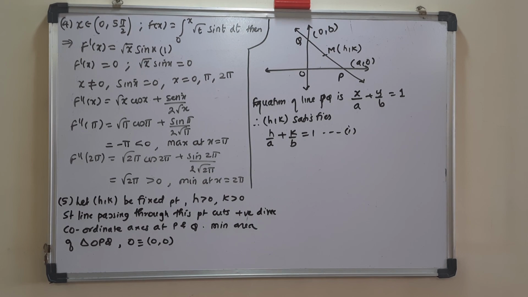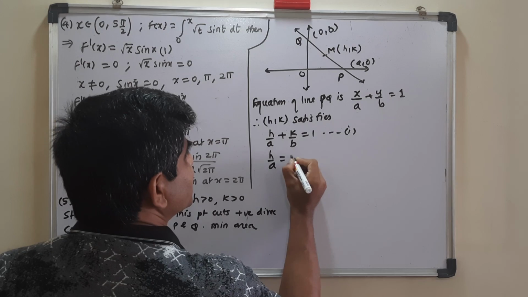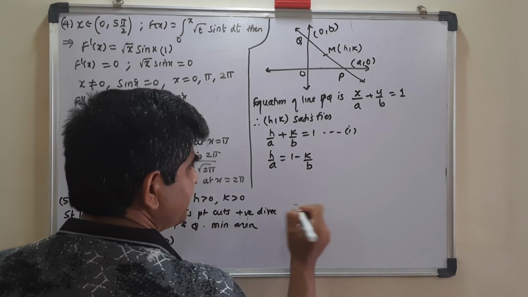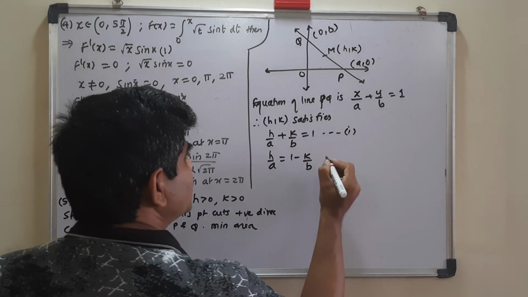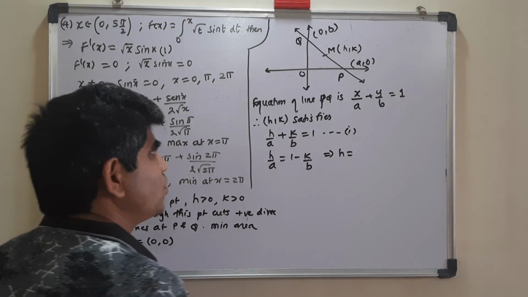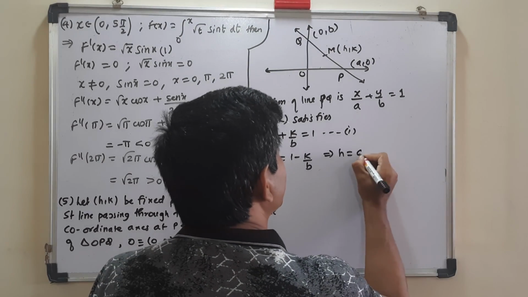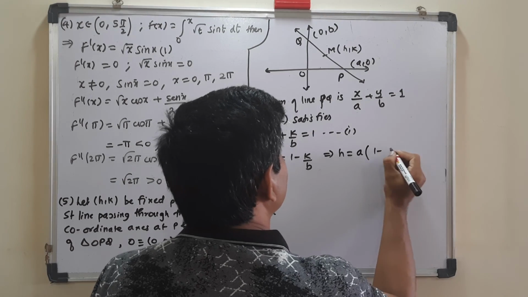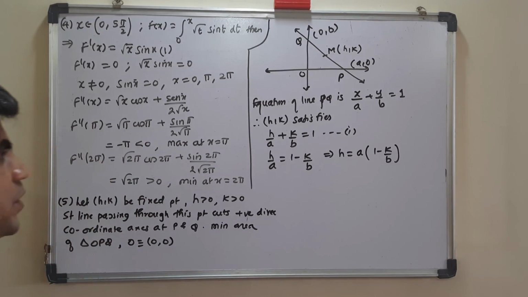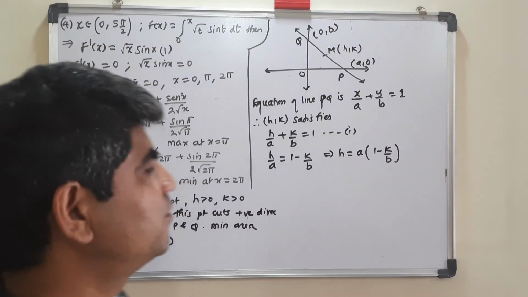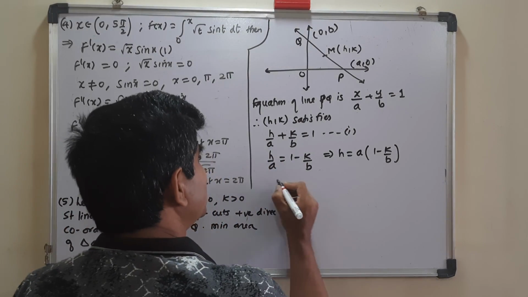Further solving it, I will get h by a is 1 minus k by b, indicating h transformed in terms of k. So you get h is equal to a into 1 minus k by b. This is your h. Now the area of triangle, if you want the area of triangle